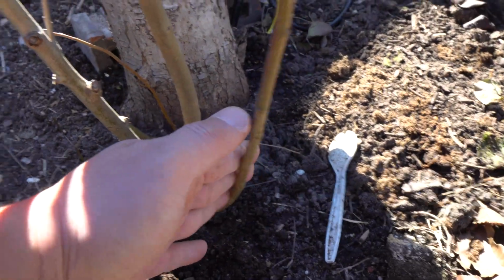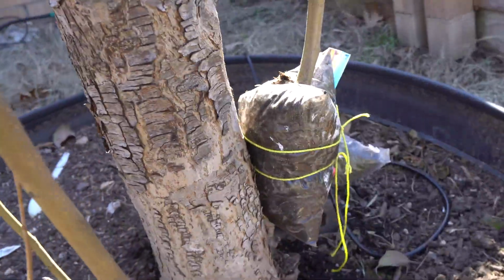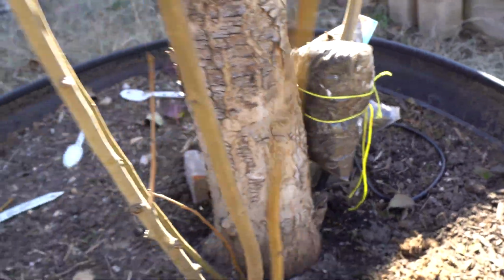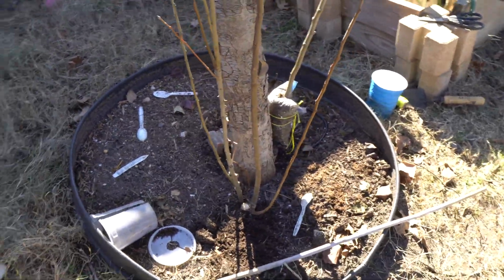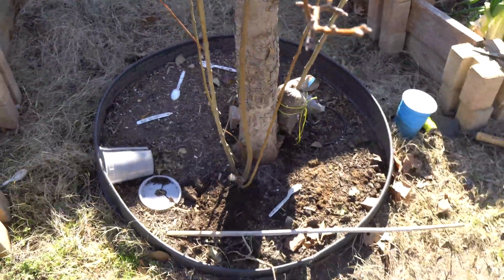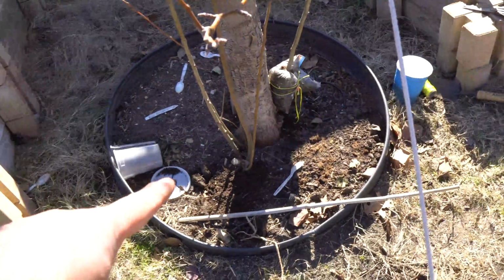This one could grow a little bit more, so I will be doing that next so that it can grow the same time as this one here. And then in a few months I will get more trees. And so if you want to add more trees to your collections, then you can always do the air layering